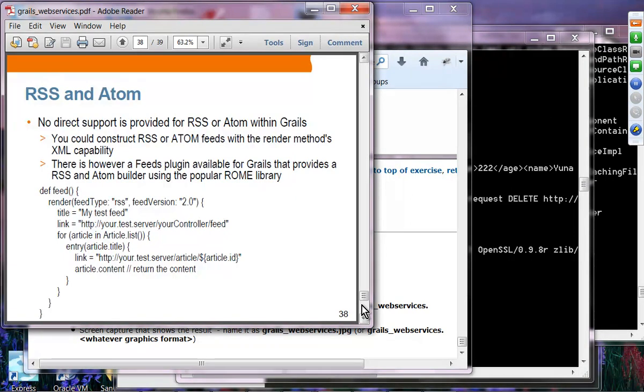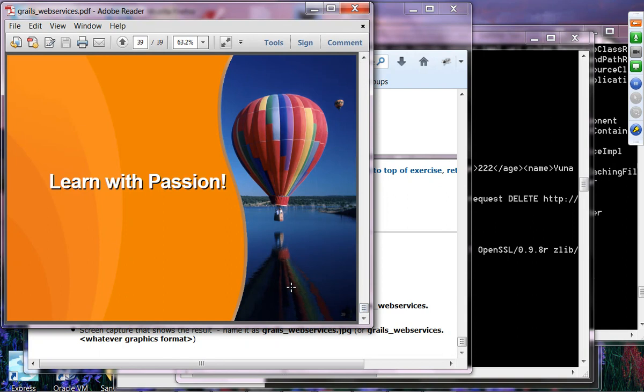RSS and Atom are also supported. There is no direct support in Grails, so you have to run some plugins. There is what is called the Feeds plugin, which is built with the Rome library from Java. Okay, so that's available. All right, so that is the end of